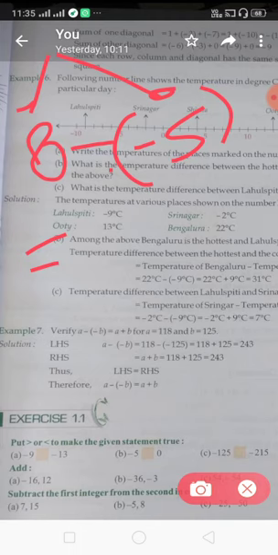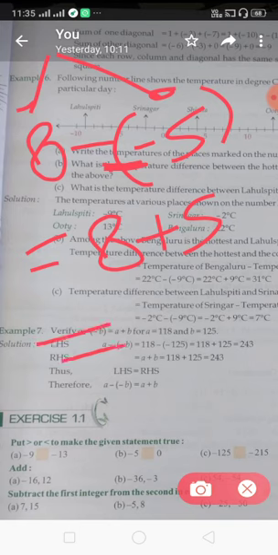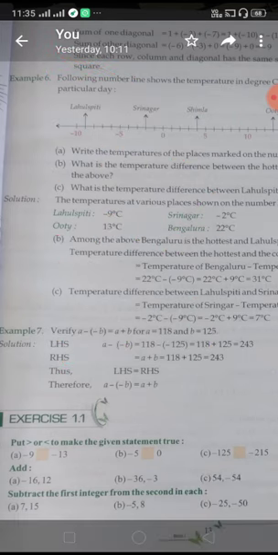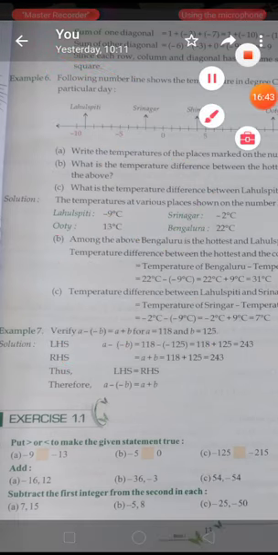Now 8, and you see here the two signs are put together. So these two signs you simplify, minus into minus, what will you get? Plus, and plus 5 now. 8 plus 5, 13. Okay. Again, if we want to understand this question